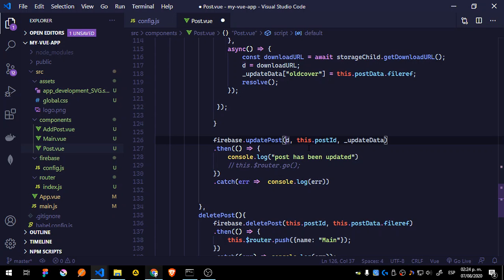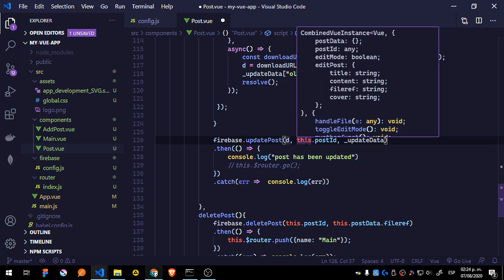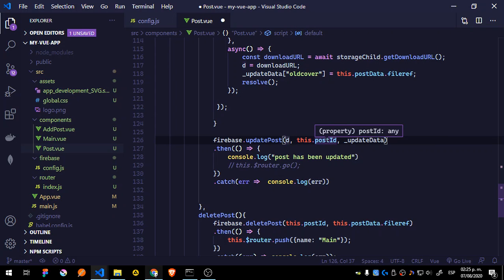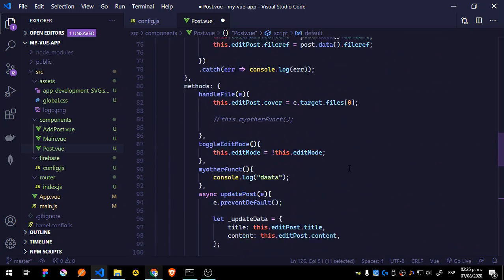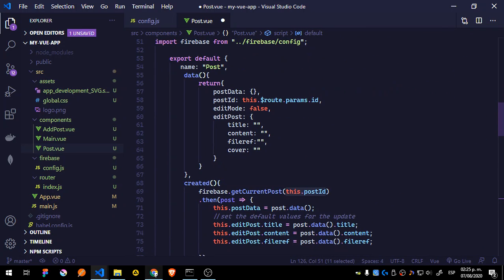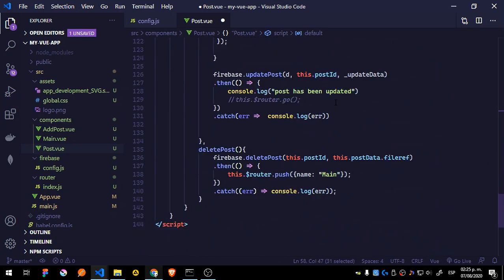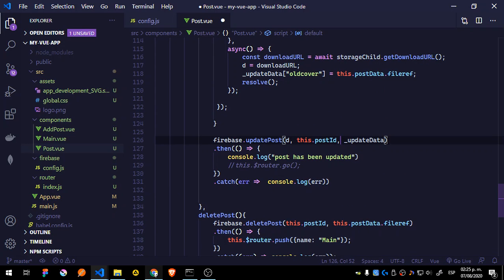We're going to get the reference of the file using that URL, and this post ID you can see, well, that is not there. This post ID is the ID that we are getting, so let me show you in case you missed that. This is using the route in order so we can get the ID. From there, we're going to pass what is inside the underscore update data